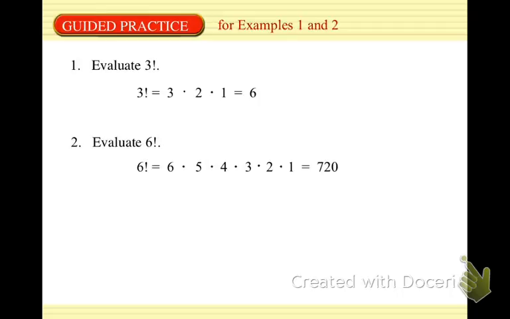So let's evaluate 3 factorial. When I ask you to do this, I don't necessarily mean use the notation on your calculator, however, show your work. So 3 times 2 times 1 equals 6. 6 factorial: 6 times 5 times 4 times 3 times 2 times 1 equals 720. And 1 factorial, that's exactly like 0 factorial. Okay, how about